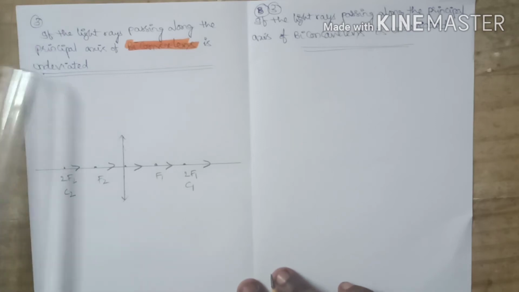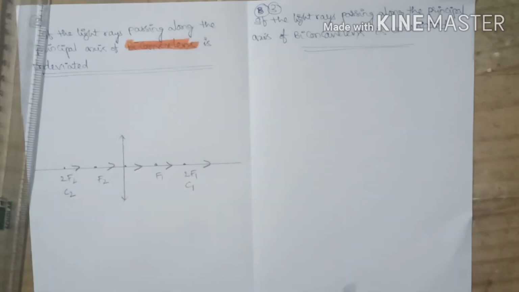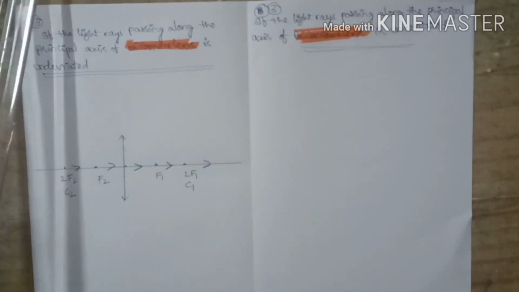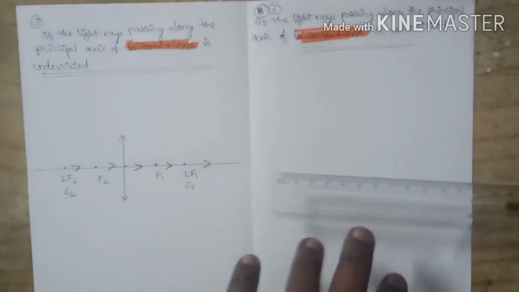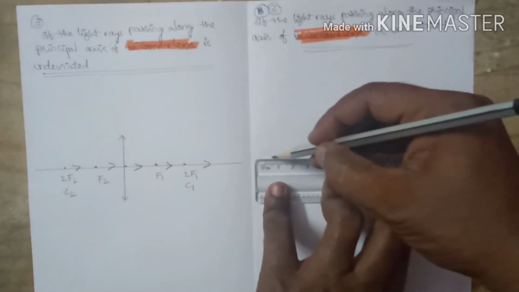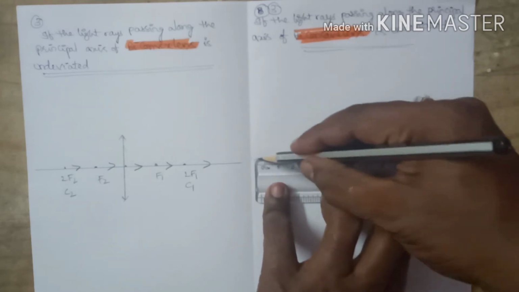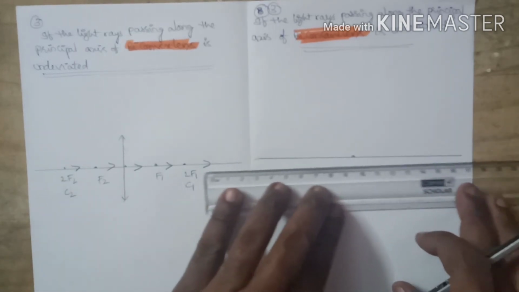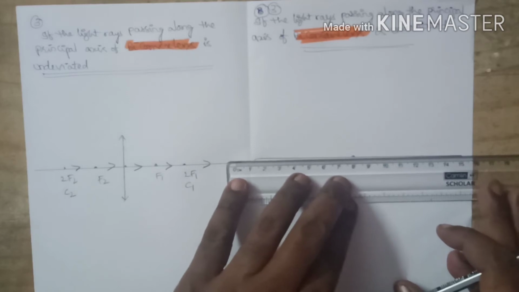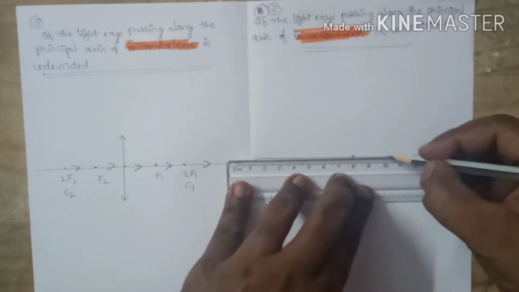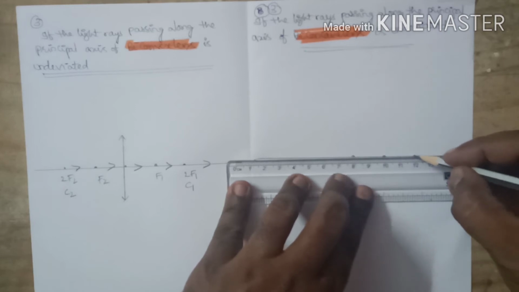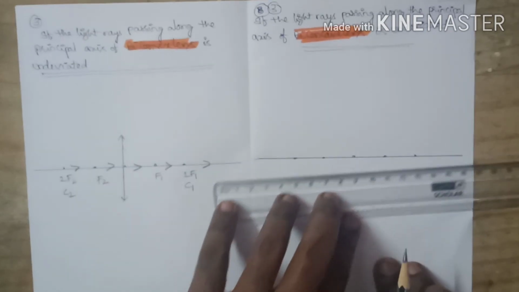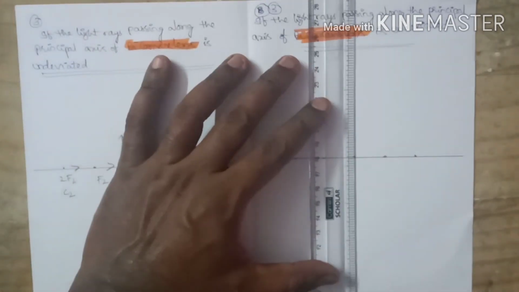Now, move on to the biconcave lens. Here, the given lens is a biconcave lens. How to draw the ray diagram for this? Once again, first of all, we should draw the principal axis. Identify the center point. This center point acts as the optic center. From that center onwards, I am going to identify the various points with the equidistance of 2 centimeters. I am considering only 2 centimeters. Whatever equal distances it may be, you can consider.